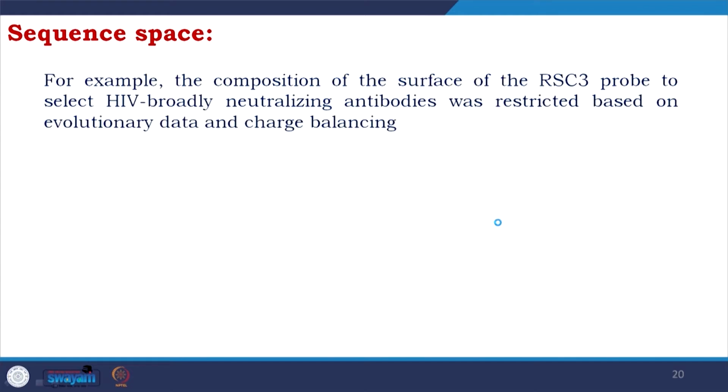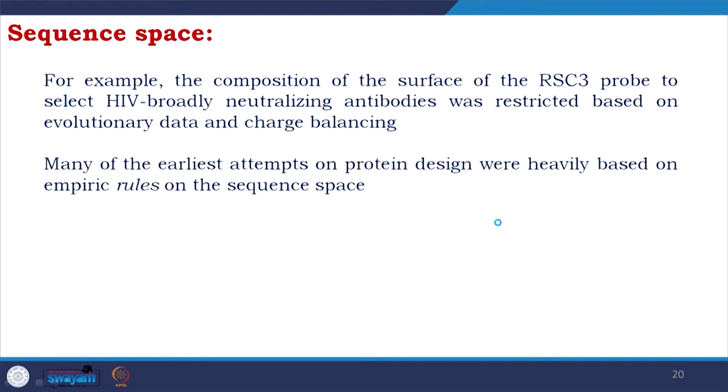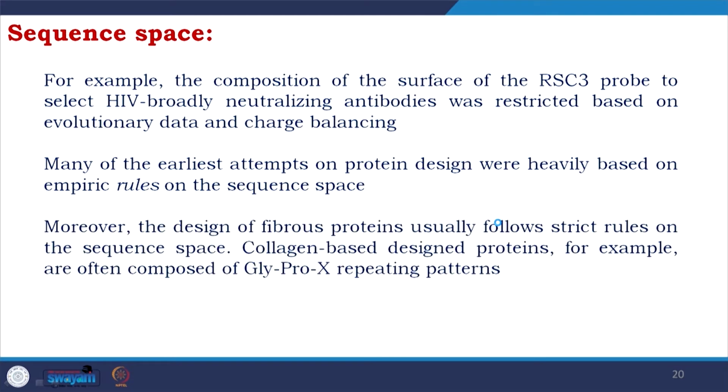For example, the composition of the surface of the RSC3 probe to select HIV broadly neutralizing antibodies were restricted based on evolutionary data and charge balancing. Many of the earliest attempts on protein design were heavily based on empiric rules on the sequence space. Moreover, the design of fibrous protein usually follow strict rules on the sequence space. Collagen based design proteins, for example, often have the repeating pattern of Gly-Pro-X,